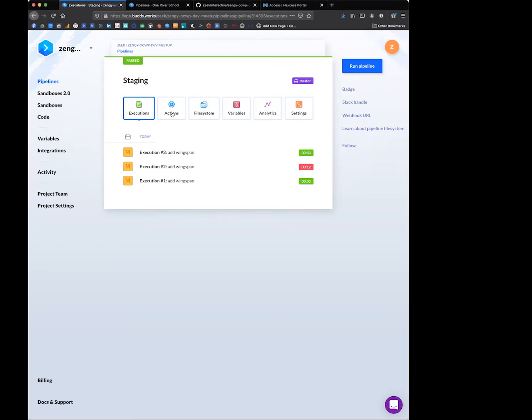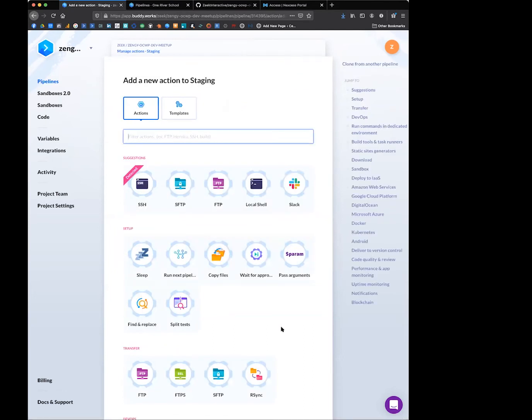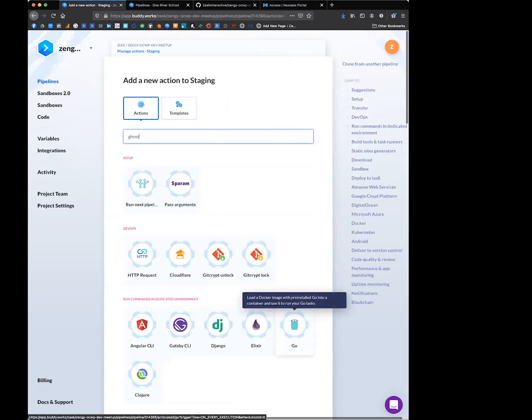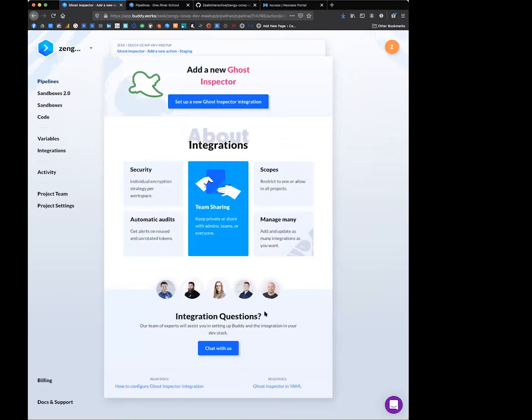That's about it as far as how to set up Buddy and how to work with it. But I do want to look at some of these actions, right? I'm not going to add any of these, but some of the other things that we do here, remember I mentioned Ghost Inspector, right? So there's the Ghost Inspector action. And it's a seamless integration with Ghost Inspector. So if you have a Ghost Inspector account, you just set up the integration and then you're ready to go. And so basically what you do is once you get that connected,